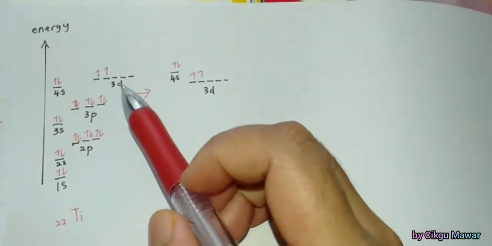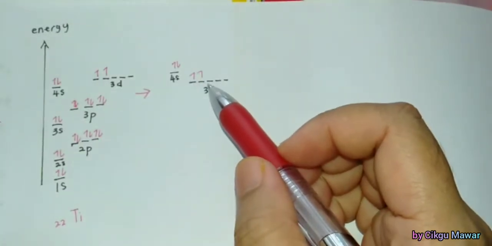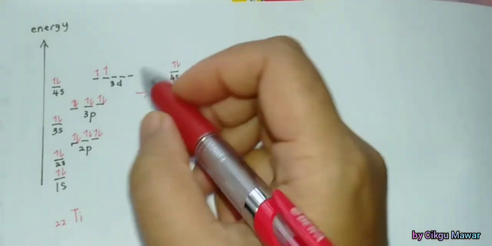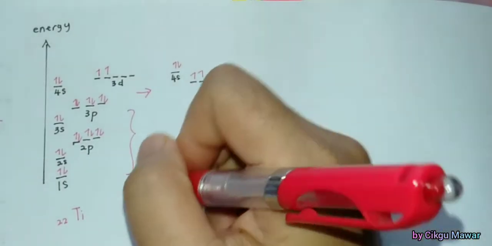What happens is, when the 3d orbital is filled up by electron, it will become lower energy than 4s. So that's why, when we write the electronic configuration of the other transition elements, we will